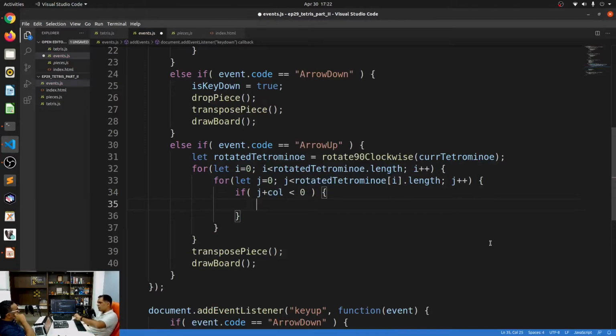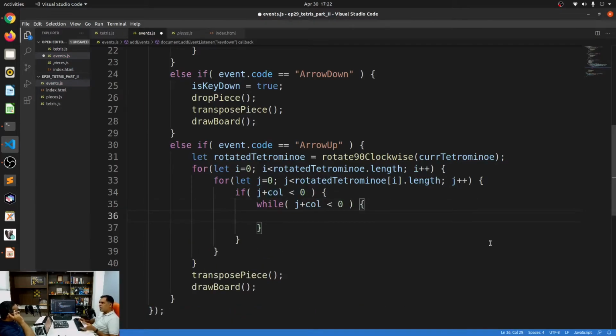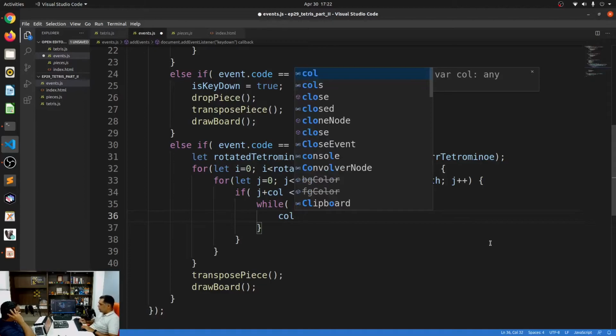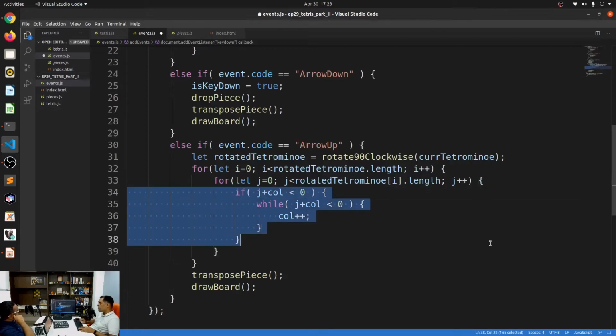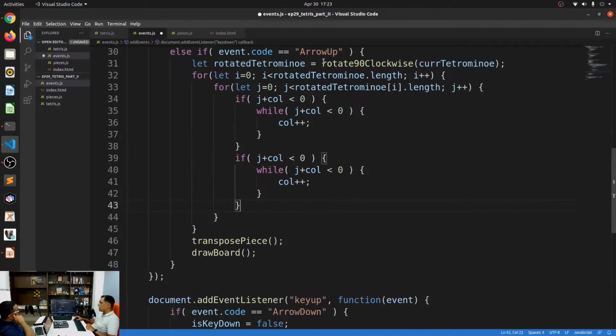Meaning after the rotation, if J plus column has gone beyond the Tetris array on the left hand side, then I'll put this into a while loop until it comes out completely. I'll say column plus plus. Basically add values to it so that it comes out. Makes sense. I'll do the same thing for the right hand side.